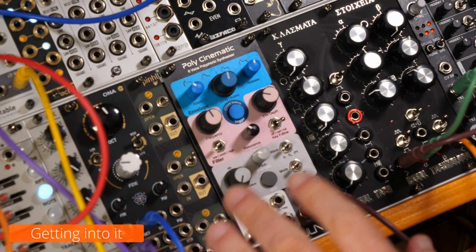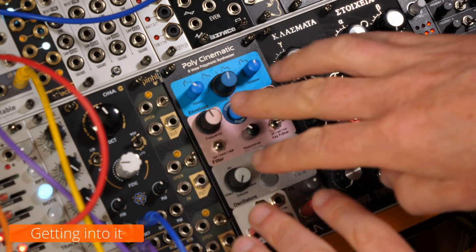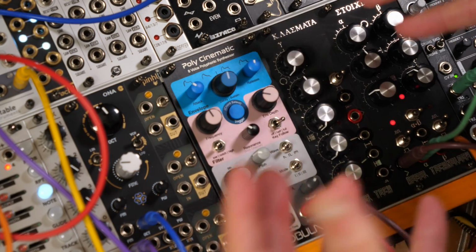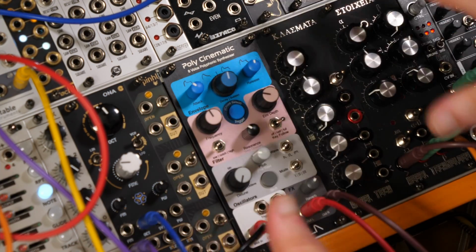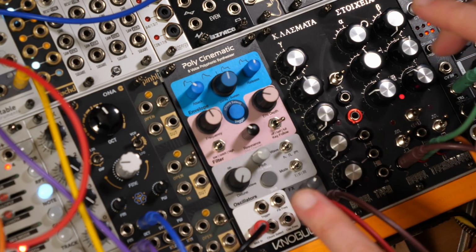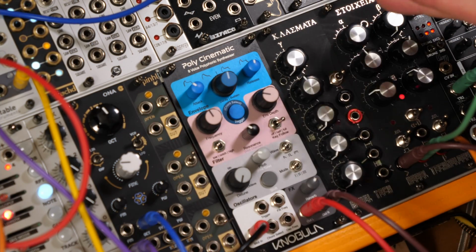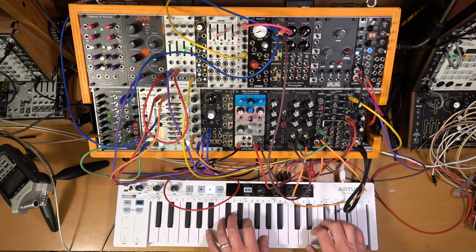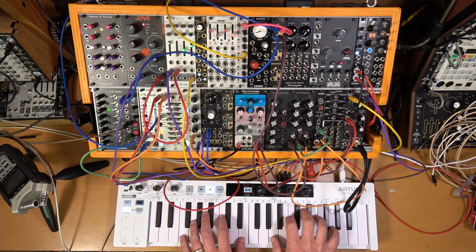Right, so here it is, the Poly Cinematic 8-voice polyphonic synthesizer. First question then, how do you play it polyphonically within the context of Eurorack? Really good question. Well, we cheat to start with. It has a MIDI input here which I've got connected to my keyboard, and I can simply play it